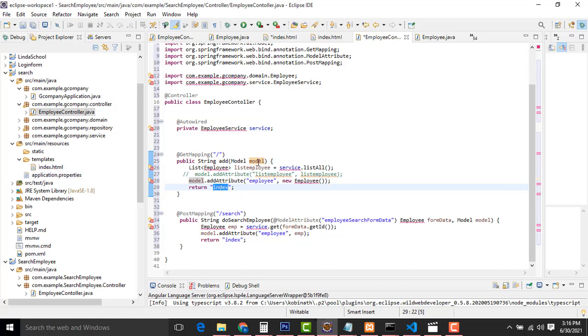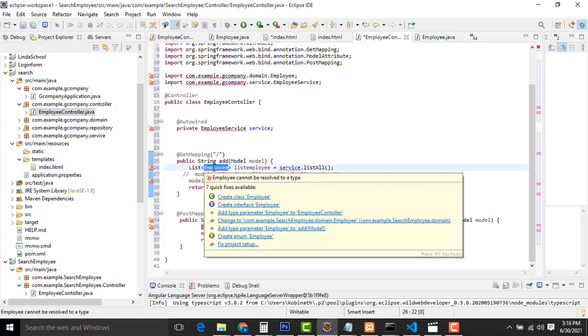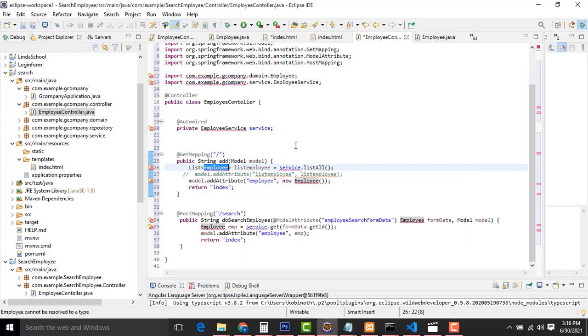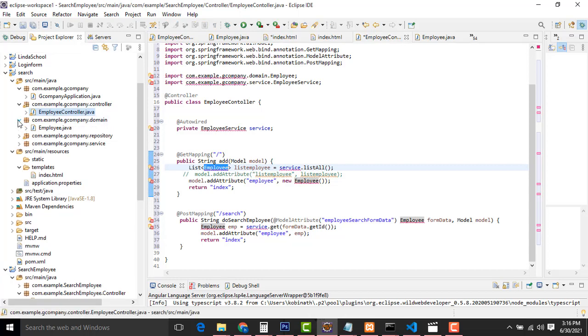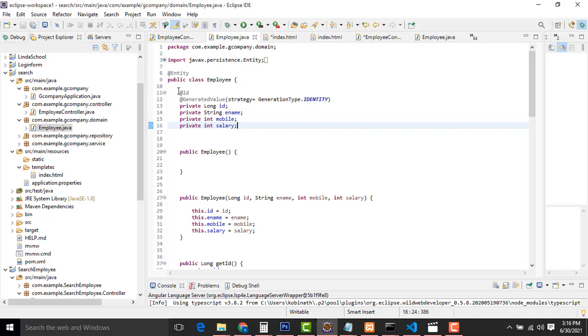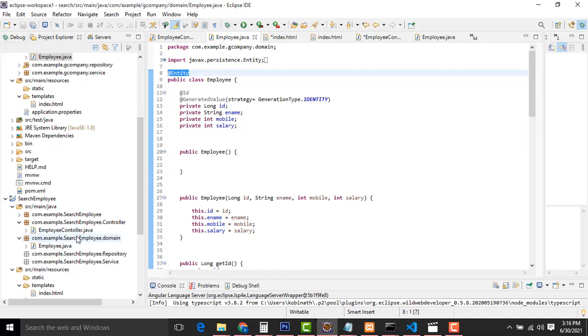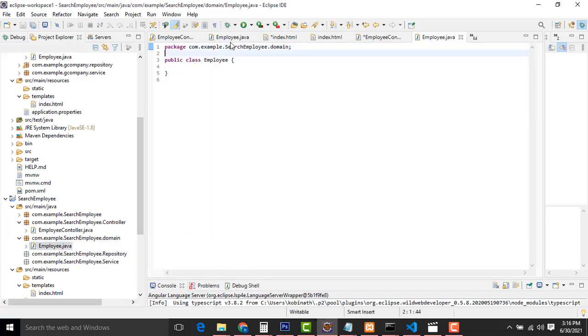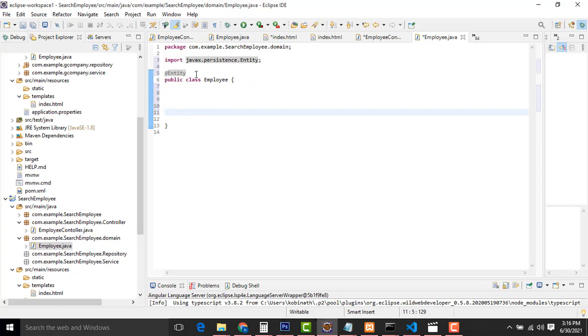So this employee class I will be creating. I am going to create it now. Let's go to the employee class. Here I am going to create these two things. First, entity: we have to open this employee class. I already have the annotation here. In the domain also we have to write entity. Entity is an annotation, so we can easily understand that this one is the employee class, right?